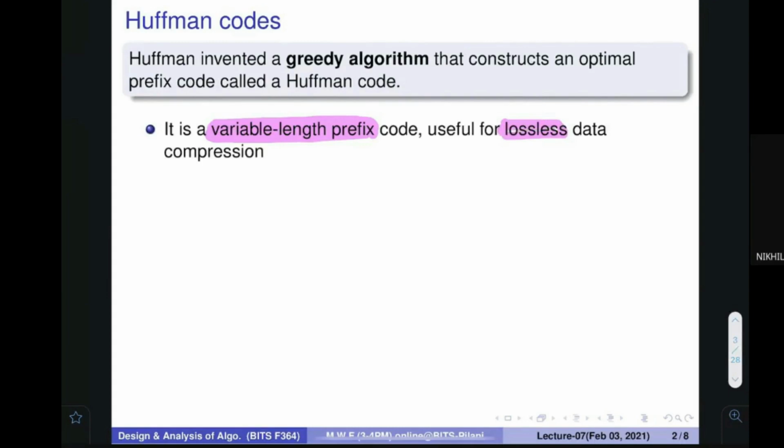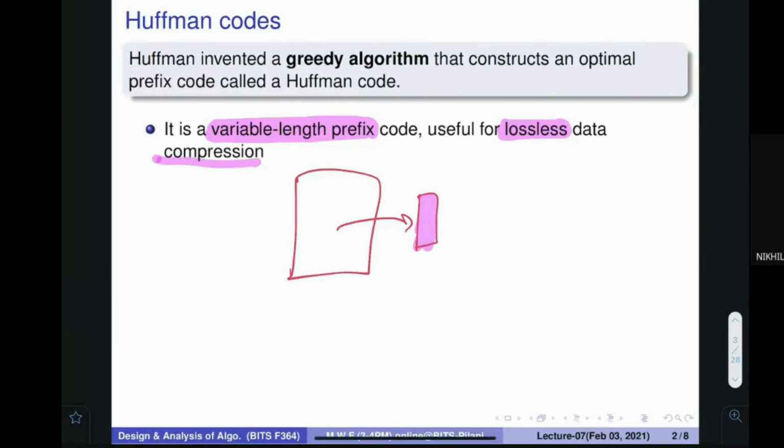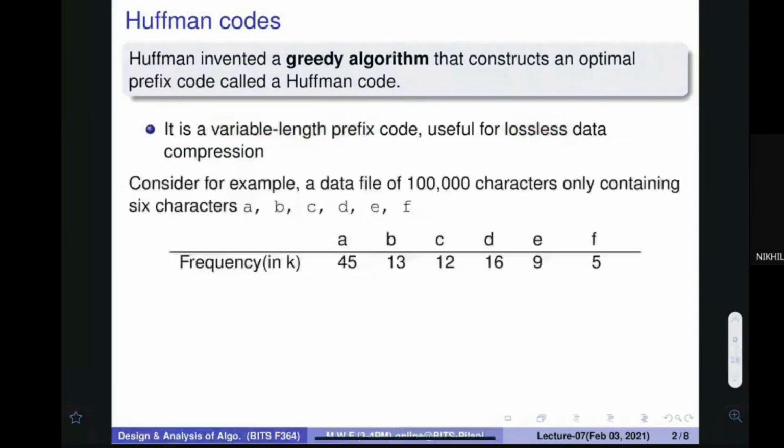So what does data compression mean? Ultimately you want to encode the data, so the data that I had is now going to take less space, because I have found a new coding. So it is a kind of data compression. It is lossless, meaning whatever is written here, I have converted like this, and then if I reconvert it and expand it, I can get the same thing. So it is lossless. There is no loss.